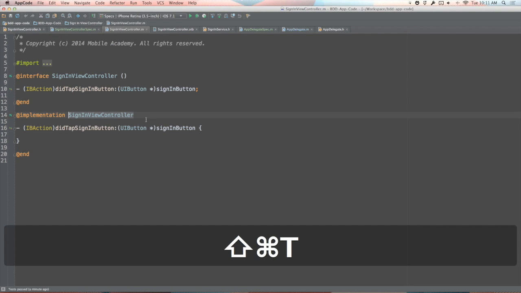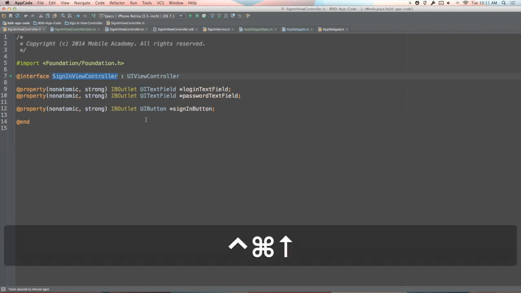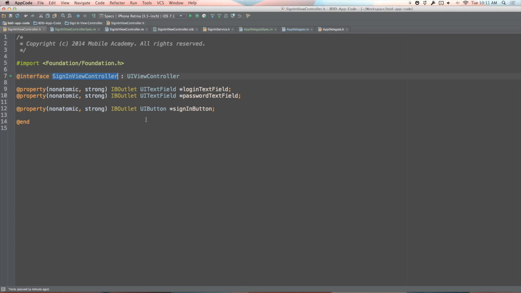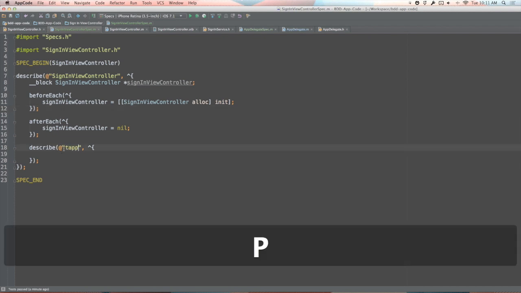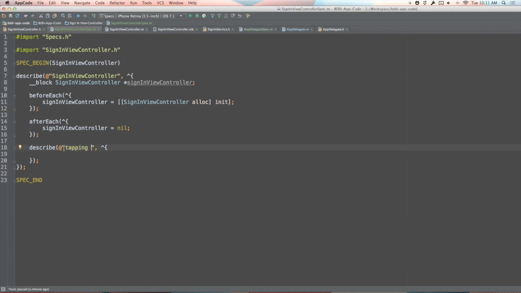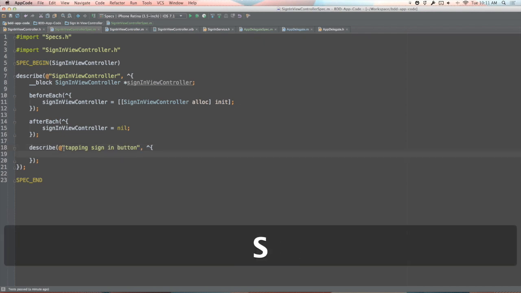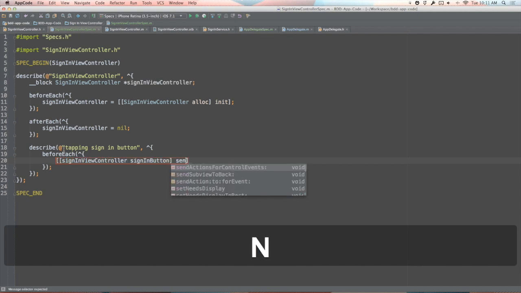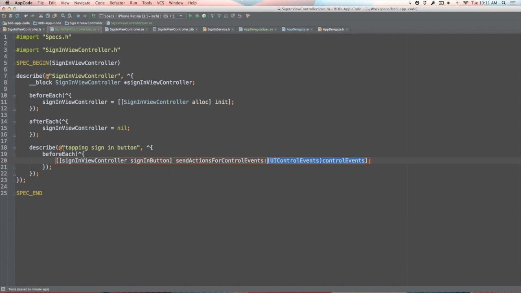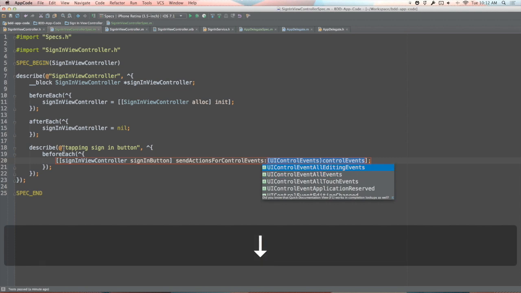So let's go back to the SignIn view controller object, and let's think what is the most important thing that we should test here. Well, since it's a SignIn view controller, we should focus on the user actually signing in. So that is the most important action that the user can take here. And we see that we have a login text field and password text field, and of course a sign-in button. Well, a naive approach to writing tests is that I define a describe block that says tapping sign-in button. And in the beforeEach block, I'll just call signInViewController.signInButton sendActionsForControlEvents, which is the default action that gets hooked up in Interface Builder,